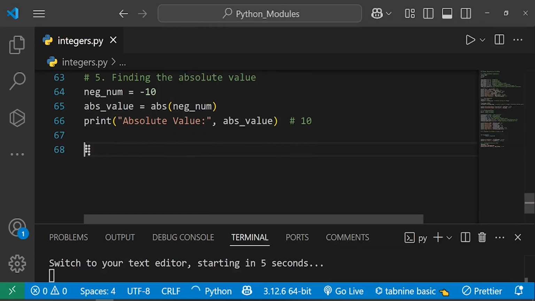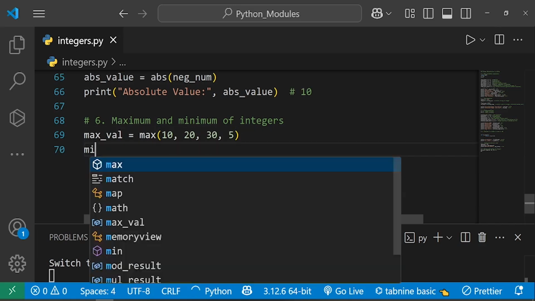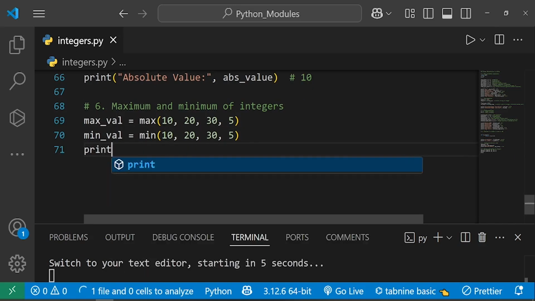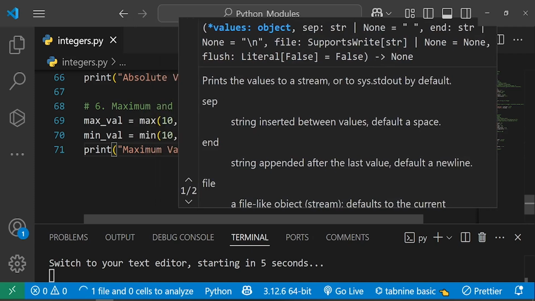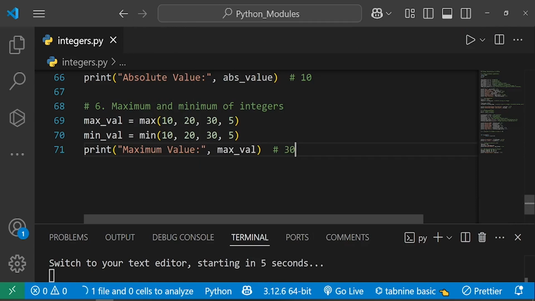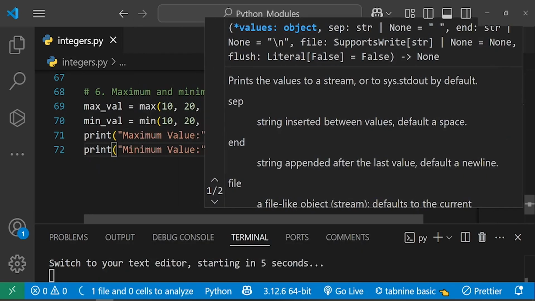Please do the necessary from your machine. Number 6 is the maximum and minimum of an integer using Python. For example, maximum value is equal to max(10, 20, 30, and 5), and the minimum value is equal to min of the same numbers. We can print the maximum value now as max val, which will be 30, and min val will be, in this case,